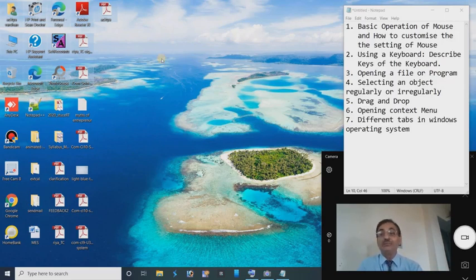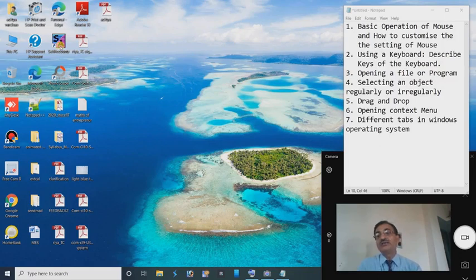But sometimes it is needed to select more than one file icon that are not regularly placed on the desktop. How can we do it? Simply, if we require to select more than one file icon, we have to use the control key.